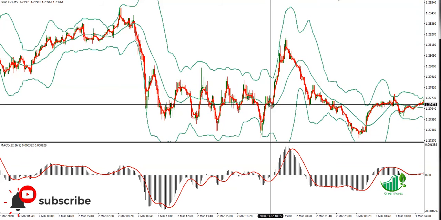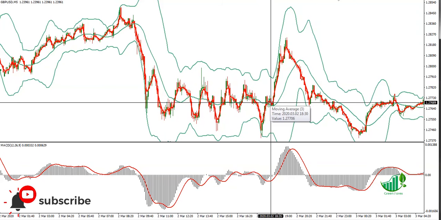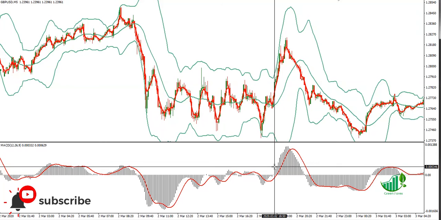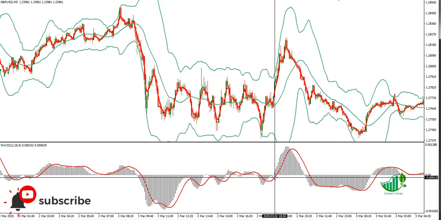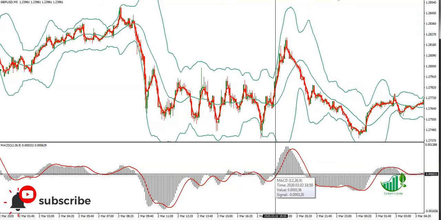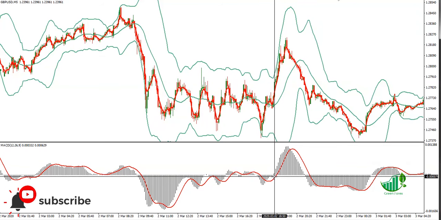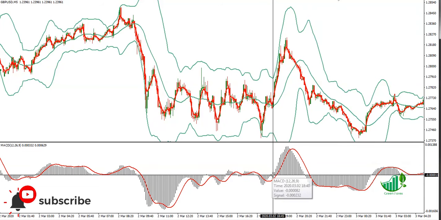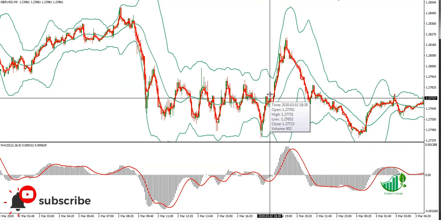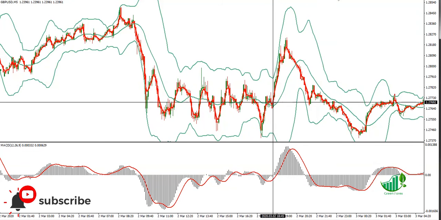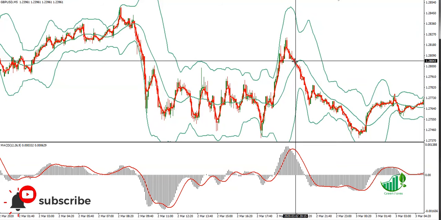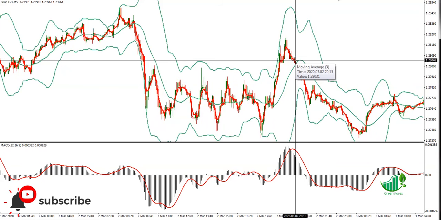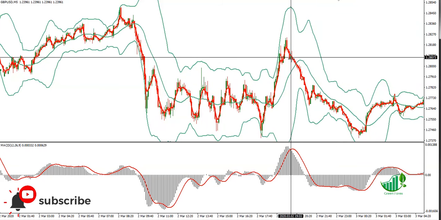This is the first point: whenever the market crosses the middle line and moves upward. The second one: whenever the MACD histogram starts moving upward, above point 0. I'm working on this. This is basically the buy area, the buy entry. Now move ahead. Now, the moving average crosses the Bollinger Band like this,